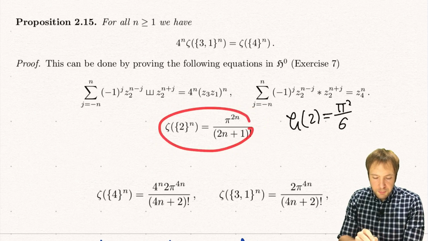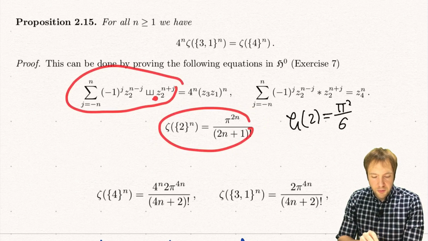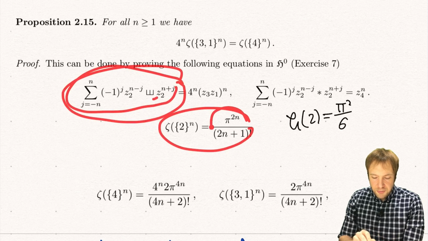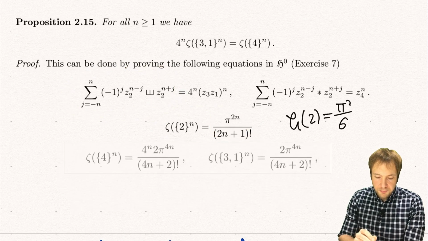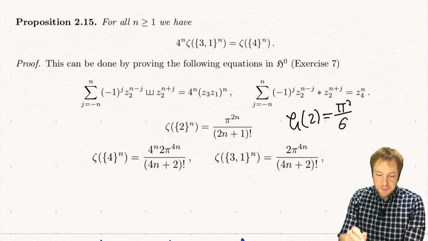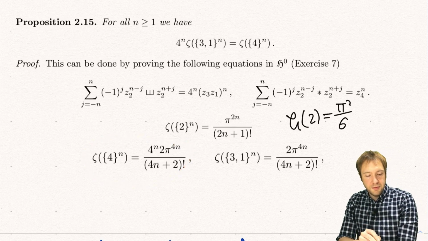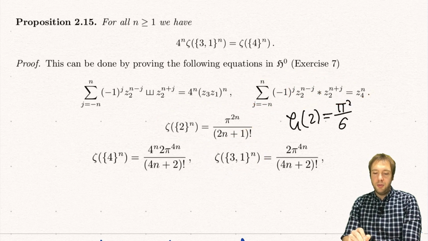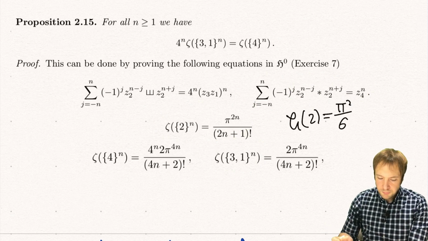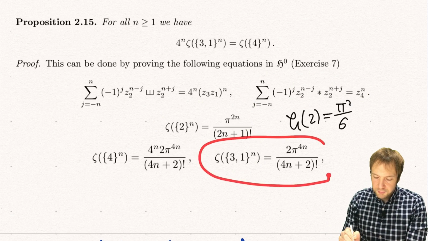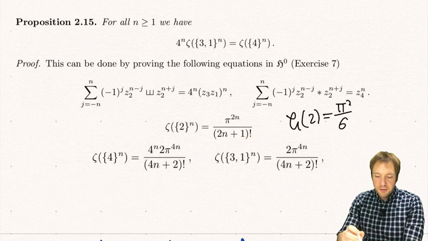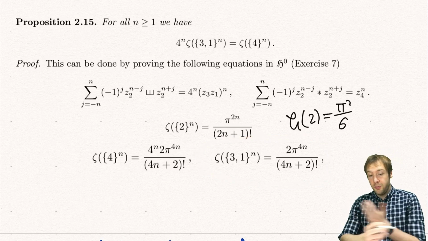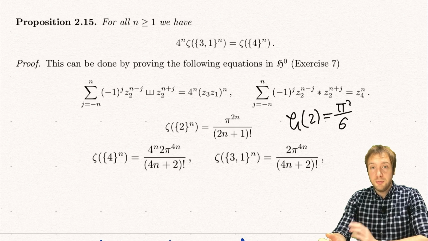And if you apply the zeta map on this part here and use this formula, you can also show that you get an explicit formula for zeta of 4, 4, 4, 4, 4, but also a nice formula for zeta of 3, 1, 3, 1 and so on. This is a so-called 3-1 formula for multiple zeta values, which can also be proven, and which was the original proof, by using these multiple polylogarithms and showing that they satisfy